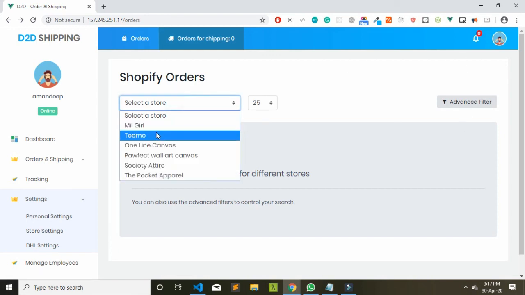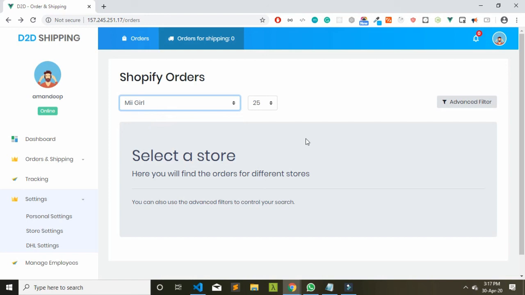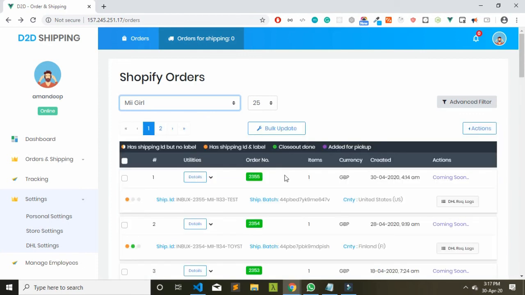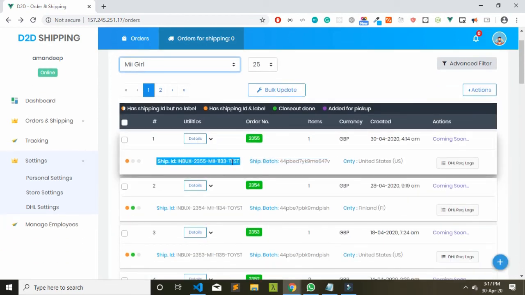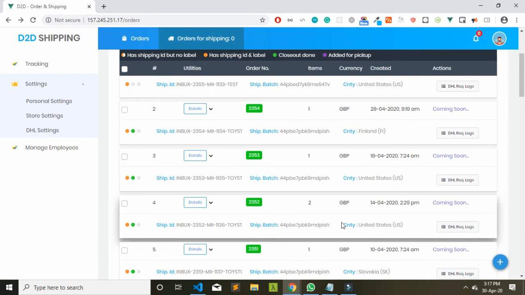Tomorrow I think Madhura is going to send me the live credentials, and once she sends me the live credentials, I will remove all the dummy data, this test, everything from there, and you can use it for live purposes.